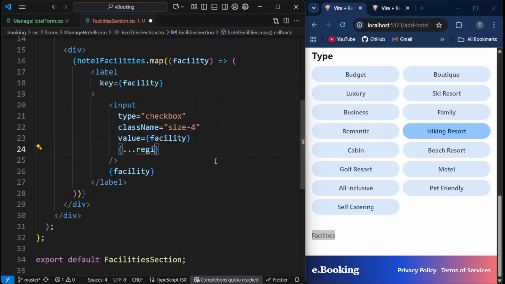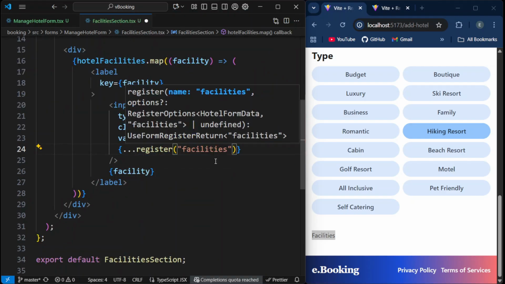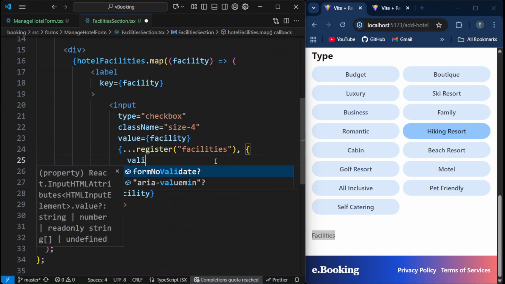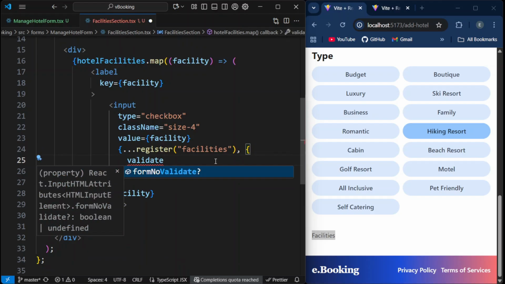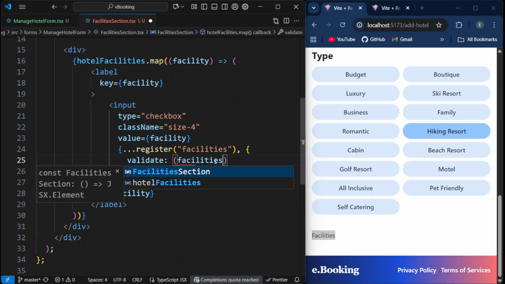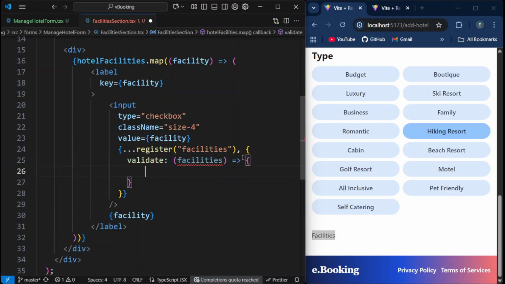Now let's register it. So it will be facilities, and for the second argument instead of required we will have validate. Okay, I will explain it in a bit. For each facility we will check inside curly braces